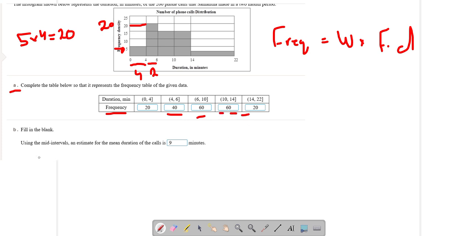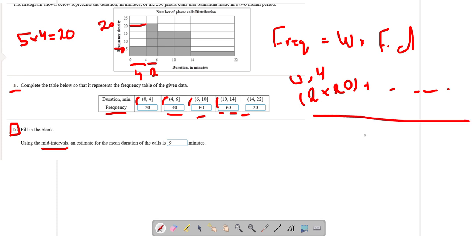The trickier part here is part B. How do you do part B? We want to find the mean duration of the call using the mid intervals. How do you find it? You get the mid value. If you have from 0 to 4, the mid value is going to be 2, and if you have 0 to 6, the mid value is going to be 3, and so on, times the frequency for each corresponding class,